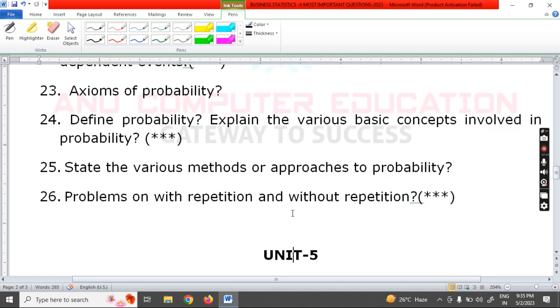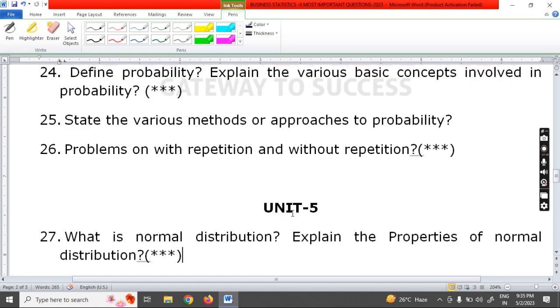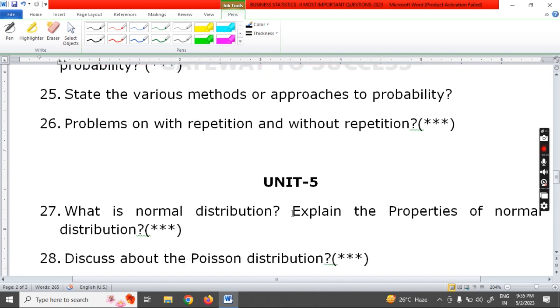Okay. When it comes to the last unit, the first question is a very, very, very important question: what is the meaning of normal distribution and explain its properties. These are very, very important theory questions from unit 5. One more question: discuss the Poisson distribution. Sometimes you can get this question in